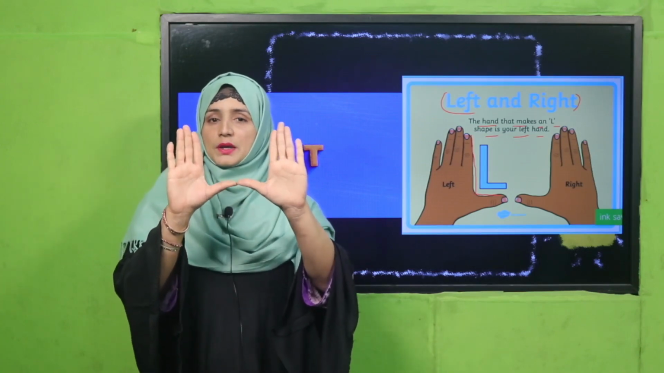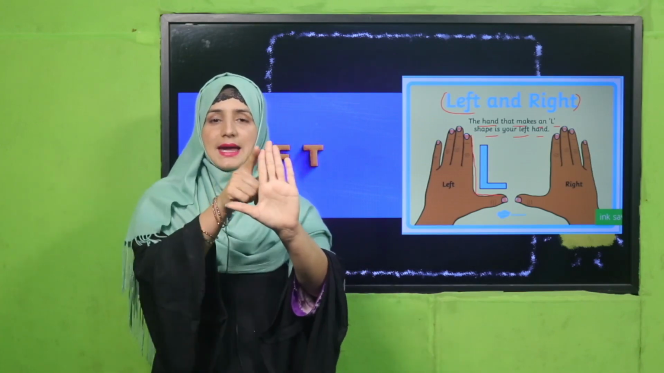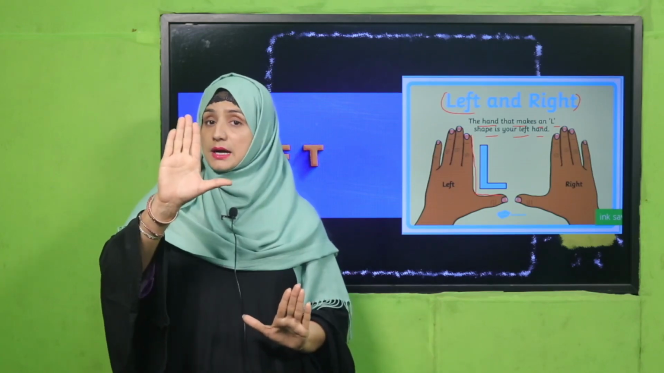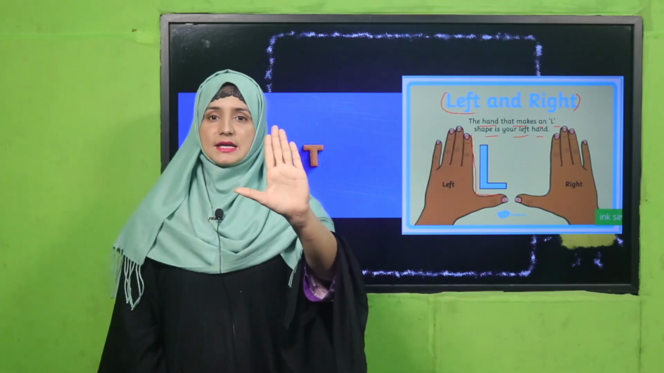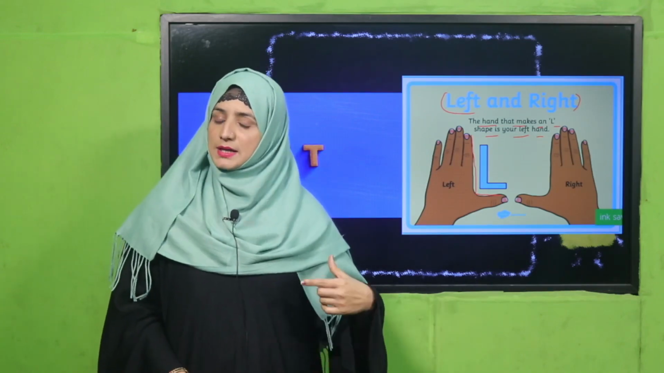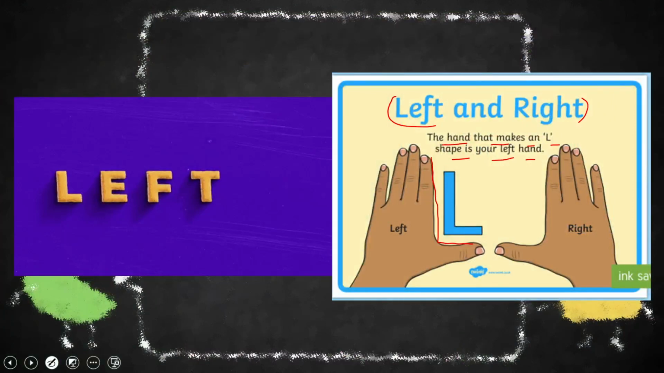Yes, so then one hand is giving us an L shape. See there, this is also, but this is the opposite side. This is clear and neat. Okay, so in this way, it means this side is our left side. Got it? L is for